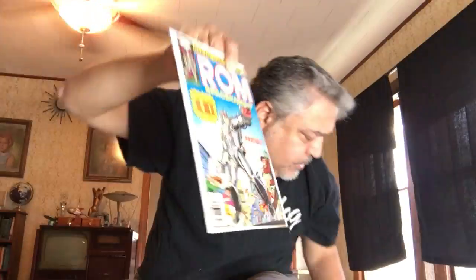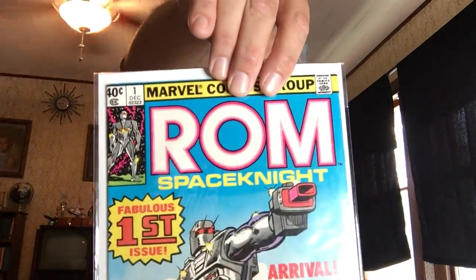All right, so when we were last, I was trying to see, okay, Rocketeer, ROM. I do have 2 issues of ROM. One is apparently, if you look down, let me show them to you at the same time. Now, people think that these newsstand copies are more valuable, and I guess they are to some people, but when this came out in 1980,